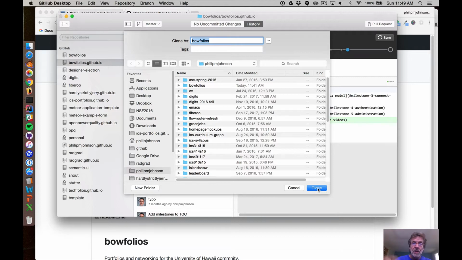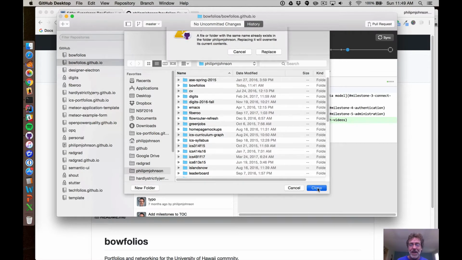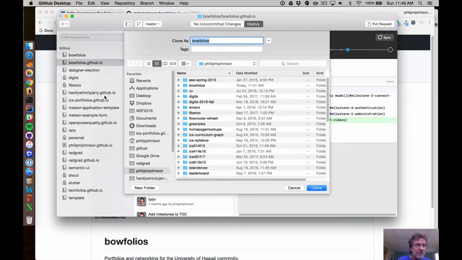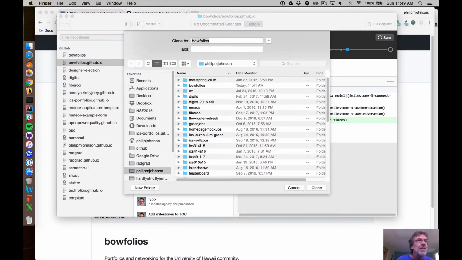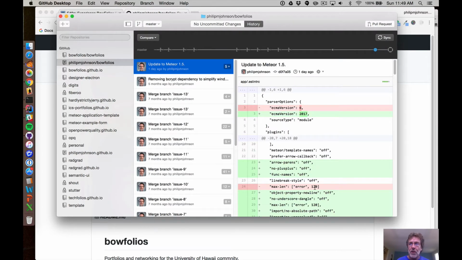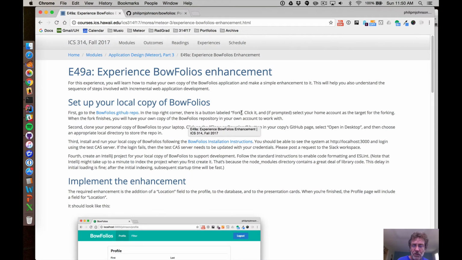Now I'm doing a clone to make a copy of my fork on GitHub on my local laptop. Okay, and that's frustrating. This is kind of left over from when I was playing around with this. So let me just get rid of that, because that was a little IntelliJ hiccup. Okay, so now I have a copy of BowFolios on my laptop, and let's hide this and return to the instructions. So I've forked it. I've got it in my own personal thing,